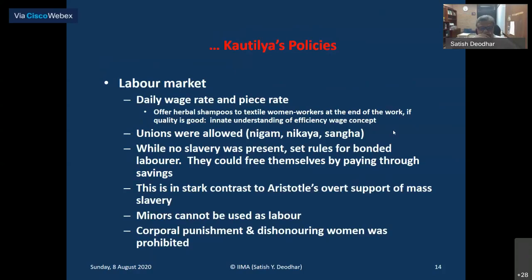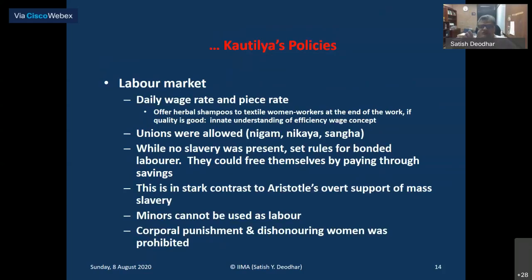In the labor market, it's unbelievable to what extent Kautilya had thought through some of these issues. He talks about a daily wage, where at the end of the day you are paid, like what happens in MGNREGA, the Mahatma Gandhi Rural Employment Guarantee Scheme. You work for a day and you get paid at the end of the day, right? Or there could be a piece rate, where whatever you earn depends on the meter running. The more you produce, the more you get. In both kinds of